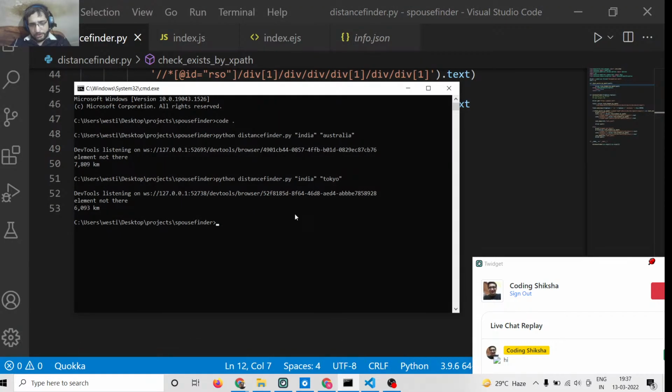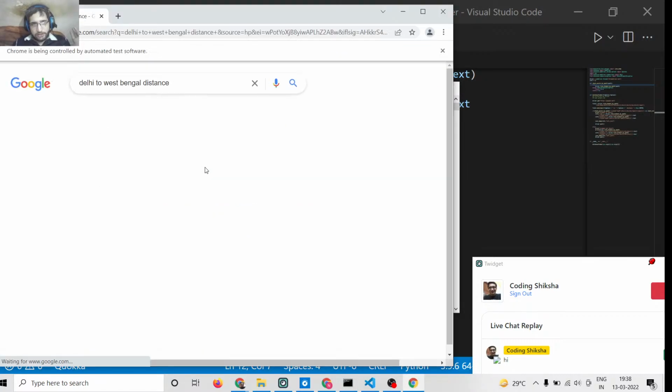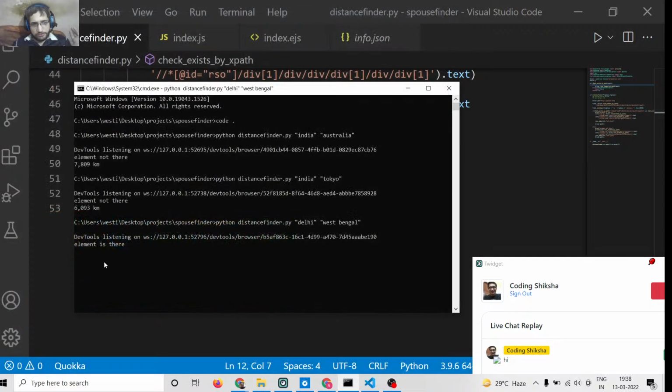And we can do this for cities as well. So if you are going by city, let me type here Delhi, and I need to find the distance between Delhi and West Bengal. So I will type this query. You will see it will now type Delhi to West Bengal distance, and now it will tell me